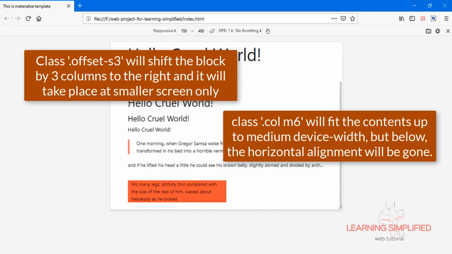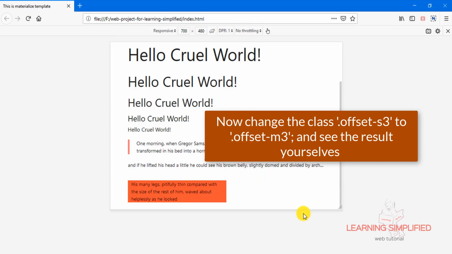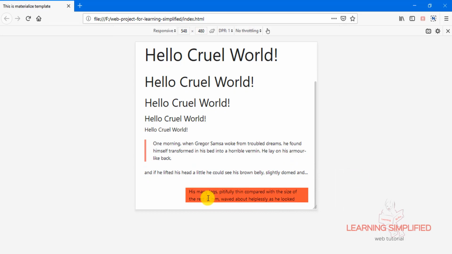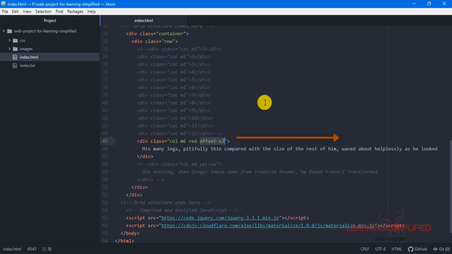So for the medium device display, we can safely say that the block will keep remaining in the same position as expected, but in case of a lower device display, it will be shifted 3 columns to the right because we have put this command over here. We have put this instruction that in case of a lower device display, this block should be shifted 3 columns to the right. So instead of 3 columns, if there was 6 columns,